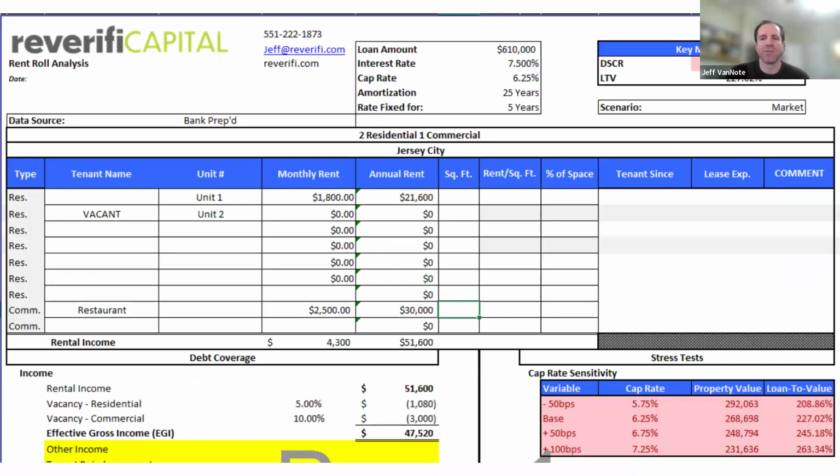So on this cash flow analysis, you can see that the loan amount we were able to help apply for through our capital solutions was $610,000. We estimated an average interest rate of 7.5%, and we plugged in all of the rents: residential 1, residential 2, and the commercial space. As you can see on the top right, the DSCR was 0.31, which was much lower than the 1.25 requirement. So what we were doing in this scenario is actually structuring commercial financing to pay off the bridge financing we were going to facilitate, but you can't facilitate bridge financing without understanding how you're going to get paid back.